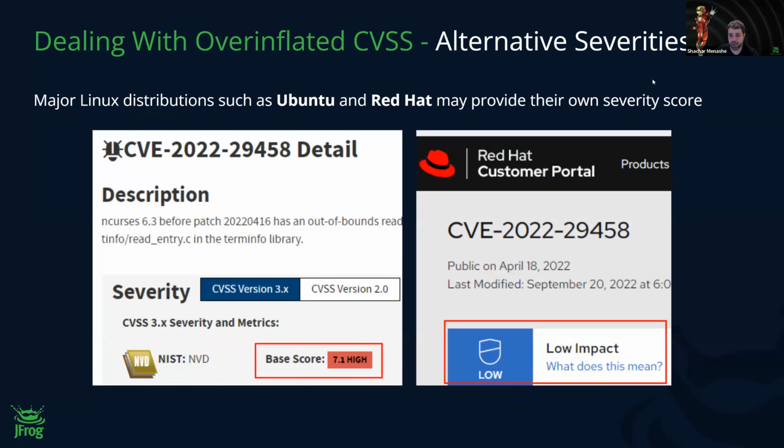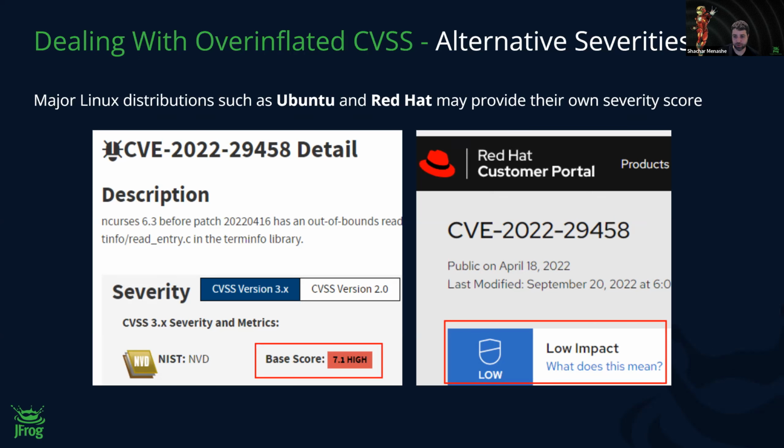The other thing, and in this case it could be a huge difference: if you're working on a specific Linux distribution, for example Ubuntu, Red Hat, SUSE, etc., it is much better to look at the analysis done by that distribution's security tracker than to rely at face value on the NVD's severity.